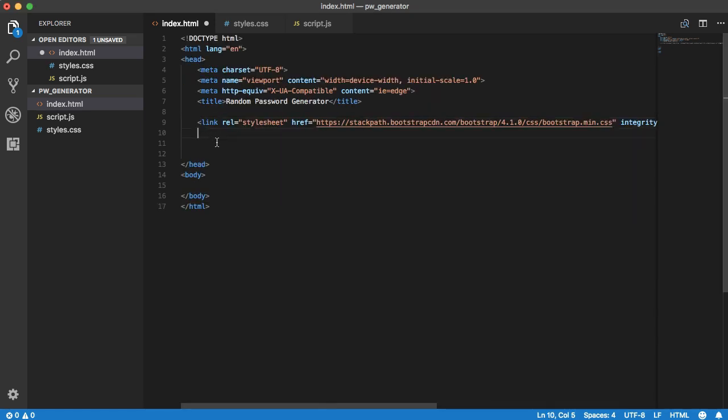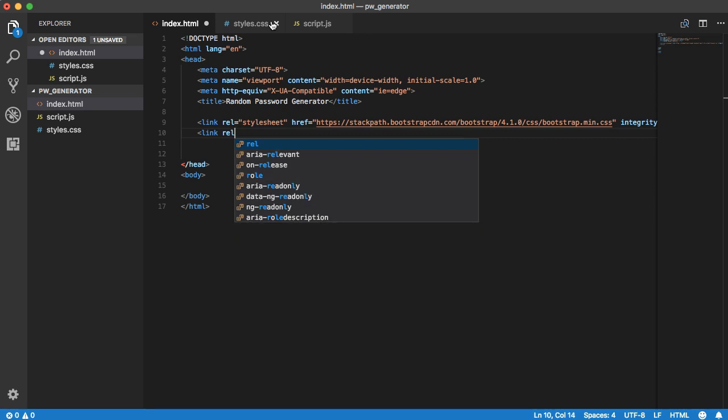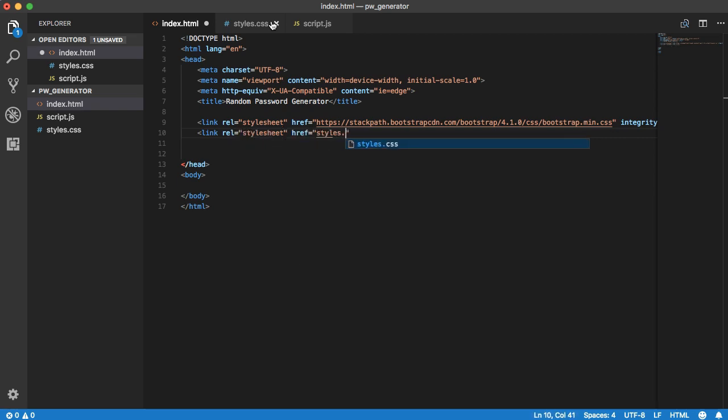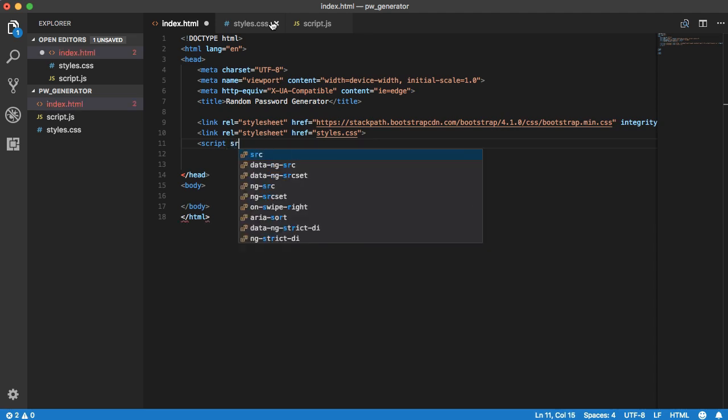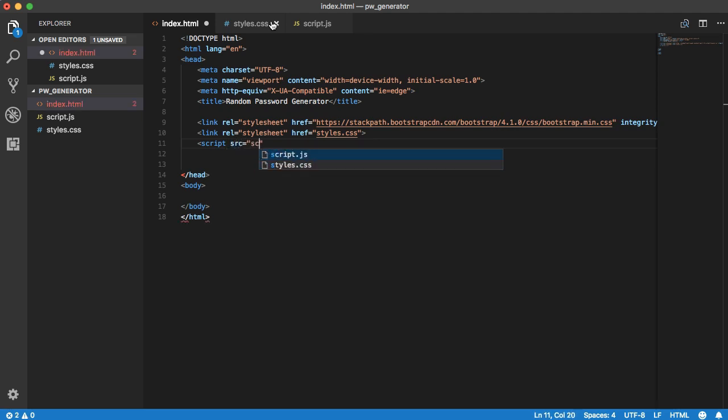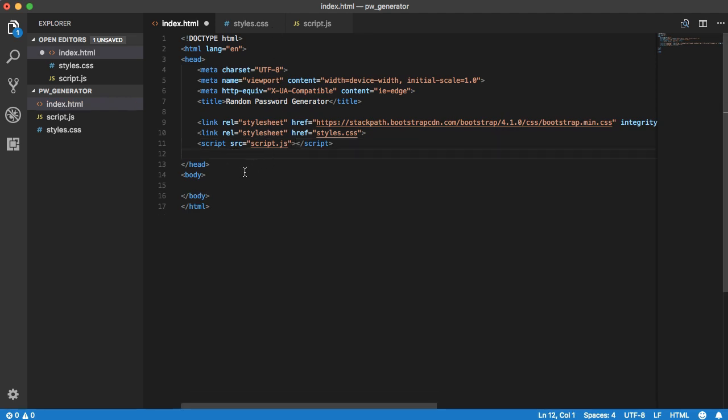And the next thing we're going to want to do is include our own styles.css file. So we're going to say link rel equals stylesheet, href equals styles.css. And we're going to do the same thing for our JavaScript, so we're going to say script, and we're going to say source equals script.js. All right, so now that we have everything we need to start building our random password generator,